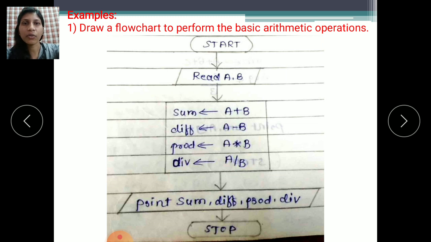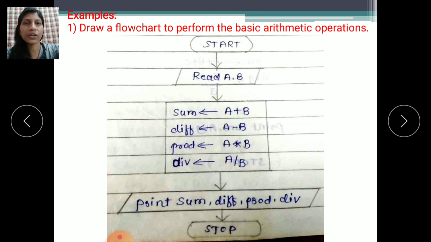In the previous video we discussed how to write down the algorithm, meaning the step by step method. Writing the step by step method of that program is called an algorithm, and when we draw those algorithm steps in diagrammatical form, it is known as a flowchart. Means we put those steps in diagram format, and that is called a flowchart. So today we will see how we can draw the flowchart of any particular program.